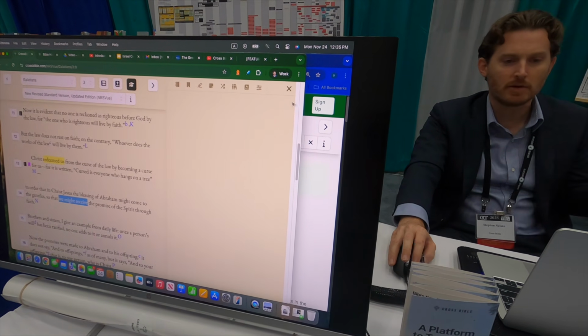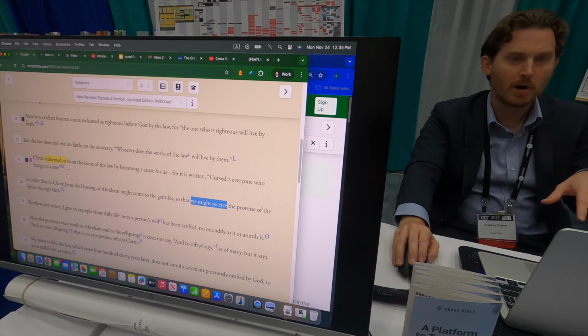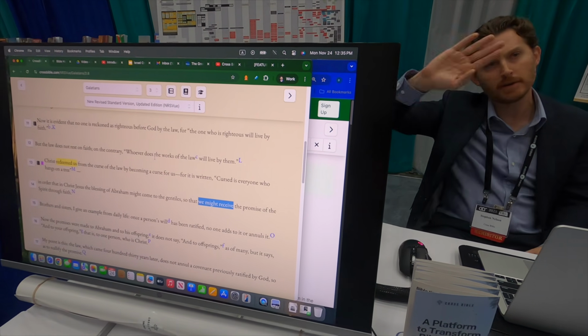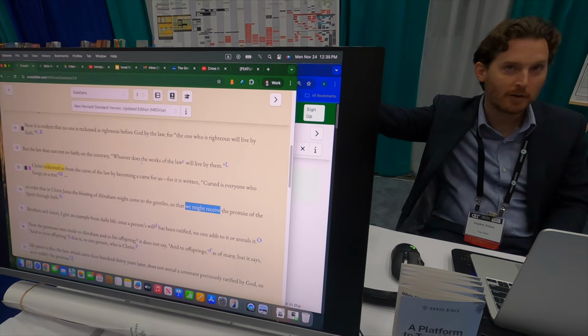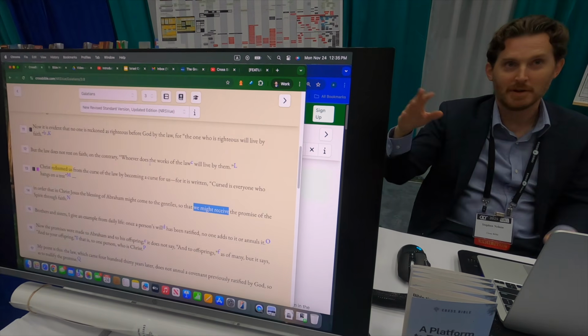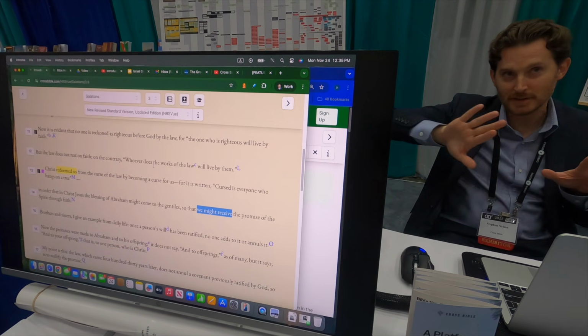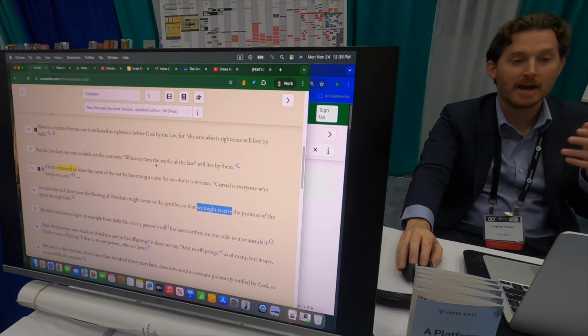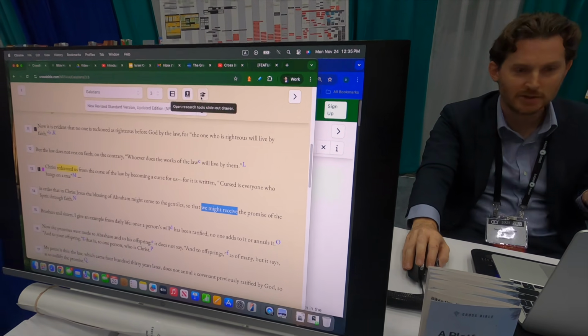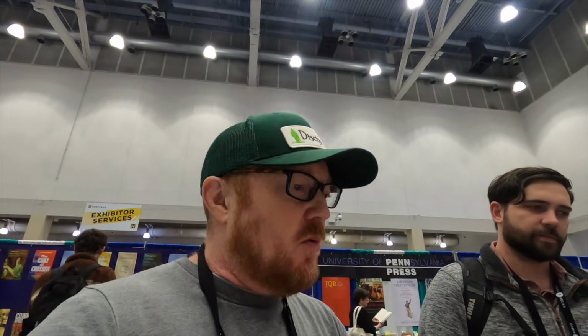But once I'm done with the cross-reference, I'm still reading Paul, right? I didn't jump to a hyperlink and go down some rabbit hole and start reading Deuteronomy. I can if I want to, but generally what I want to do is see the cross-reference, push it aside, and just keep reading Galatians now that I get what Paul's trying to call my attention to. So it's like, you're looking at one book, you just want to catch a reference. You don't want to open up a whole book. You're rooted where you are. And some programs, some digital versions, you have to do that, or it's cumbersome at least. So that's a very ease of use.